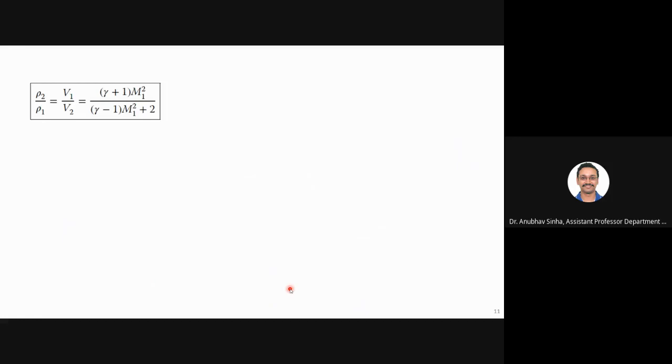Okay. So this is the density or velocity relation that we had for normal shock. Last chapter we derived this. Now I want to use this for oblique shock. So instead of Mach number, I will use Mn1, which is M1 sine beta. Same relation, just replace M1 by M1 sine beta, and you will get the relation for oblique shock. The left relation is for normal shock, this one is for oblique shock.